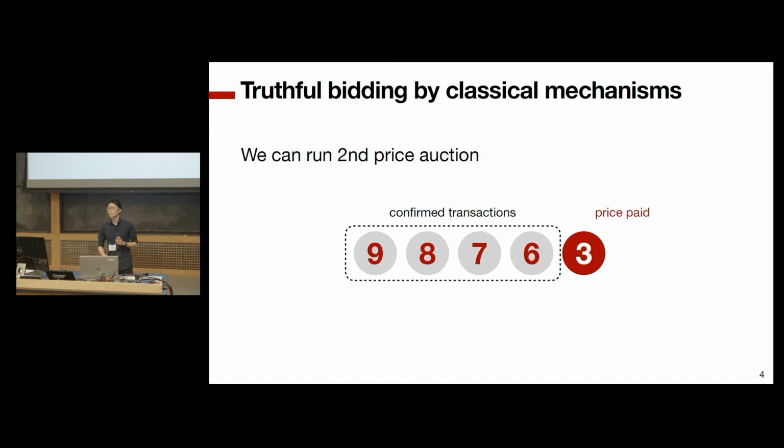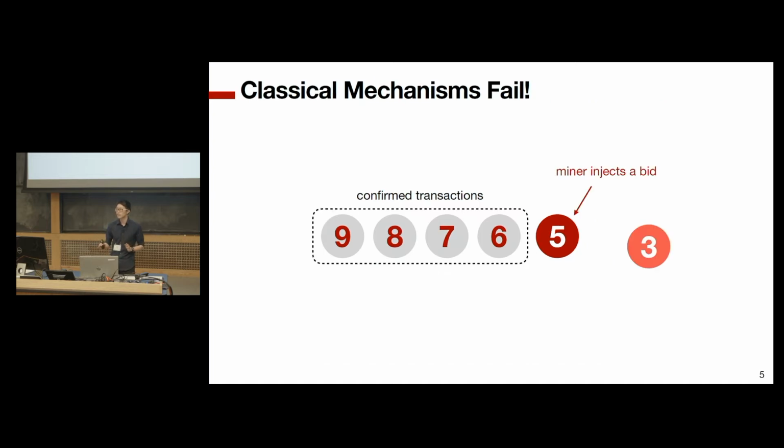However, blockchain itself is a decentralized system. That means no one is trusted. The miner itself is also an active strategic player, and the second price auction is easily manipulated by miners. For example, the miner can just inject bids, maybe 5, and in this case, everyone will pay more. Moreover, the miner can also collude with the user with the lowest price. For example, the miner can tell the user not to bid $3, please bid $5, and we can split the profit